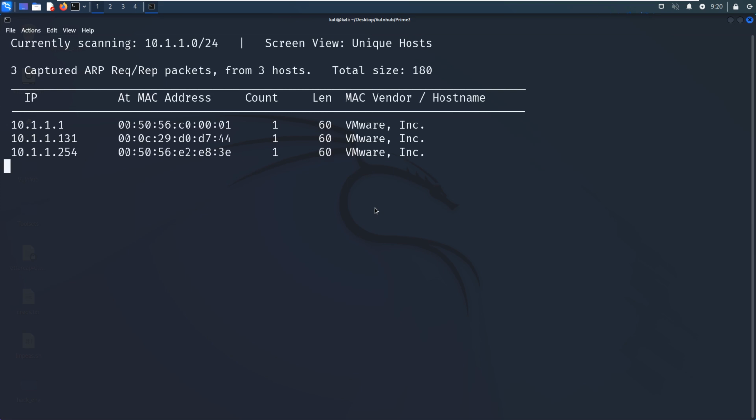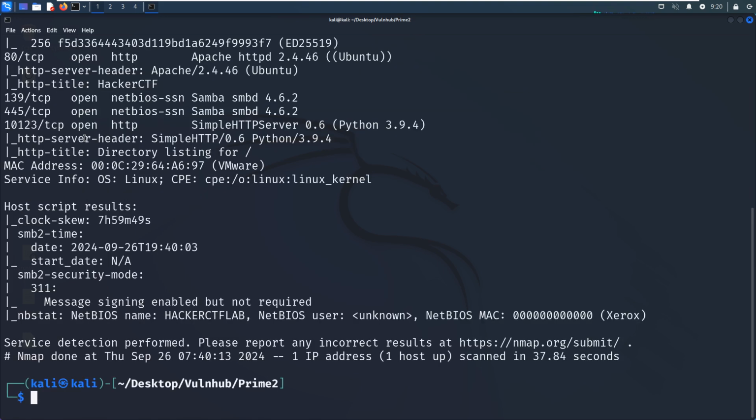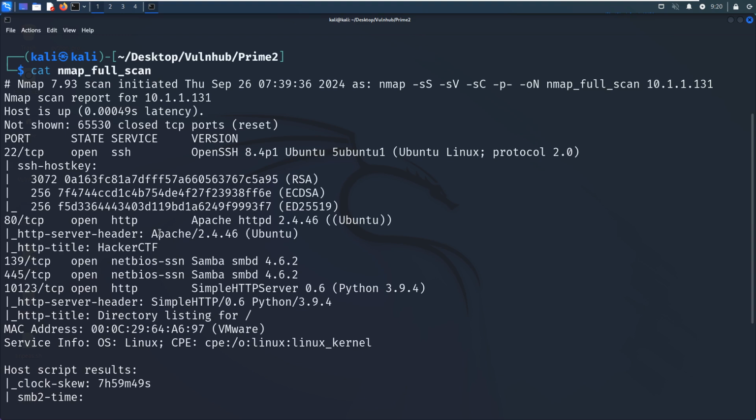All right, as you can see over here, the IP address of the target could be recognized as 131. So what should we do next? We need to do the port and service scanning with Nmap. To save time in this video, I've already completed it before. So for now, we just get out its result.